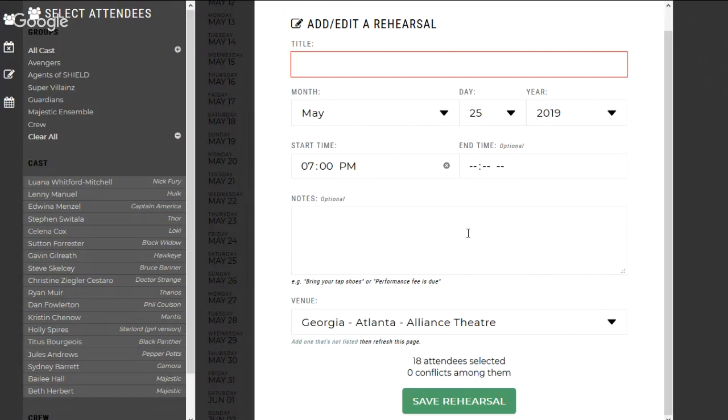If this is a tech week rehearsal, you probably want to say something like, make sure you arrive with your hair already ready, or make sure your makeup is on when you arrive, things like that. The rehearsal venue is something you can set by default within your show settings, so that you don't have to worry about resetting the venue. But of course, Tech Week is probably in the show venue, not your rehearsal venue. So in that case, you can just select the dropdown and select the correct venue for this particular rehearsal,